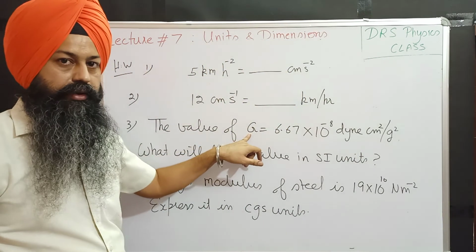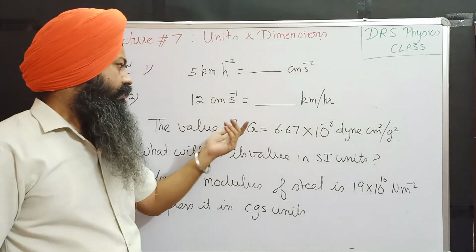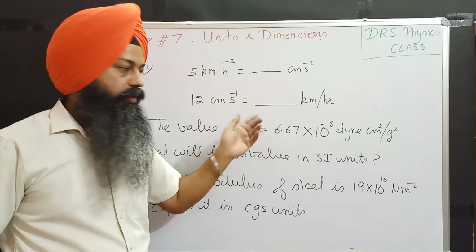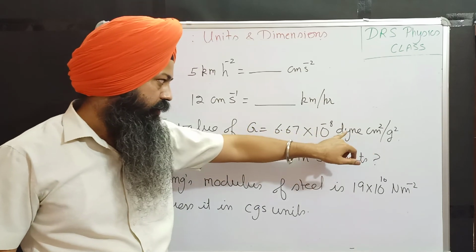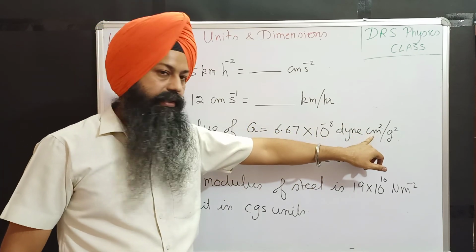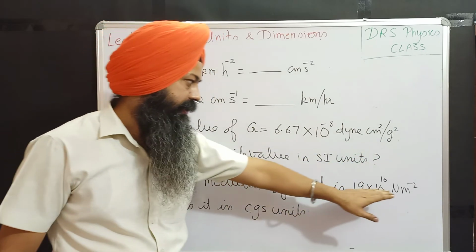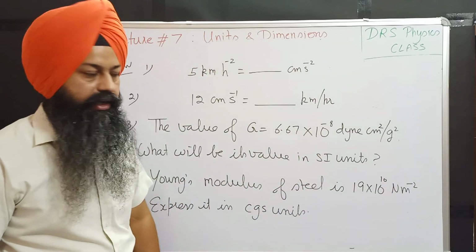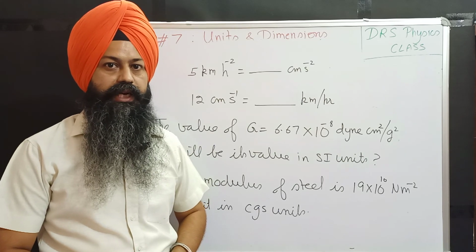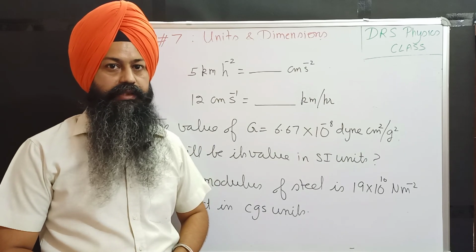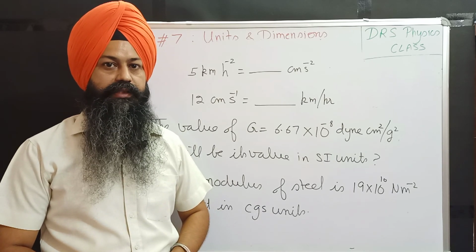This G is universal gravitational constant. This Young's modulus we will learn in elasticity. So even if we are not aware of such things, we are not to bother. We are only to bother about what is given here. Here you are given unit of force. This one is length, this is gram, and similarly here values are given in Newton per meter square. So we will convert this using this dimensional analysis. I hope you will try these examples at home. In the next lecture we will discuss the derivation of some physical relations with the help of dimensional analysis. Thank you, class.